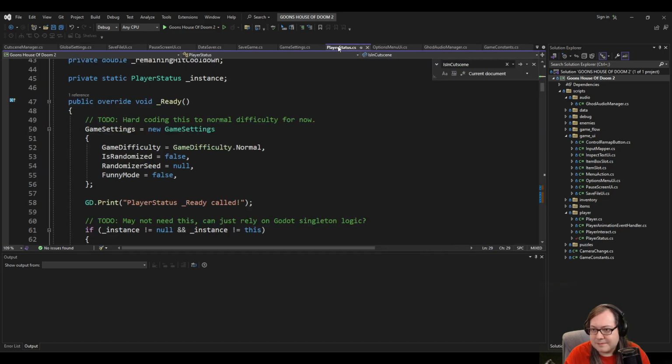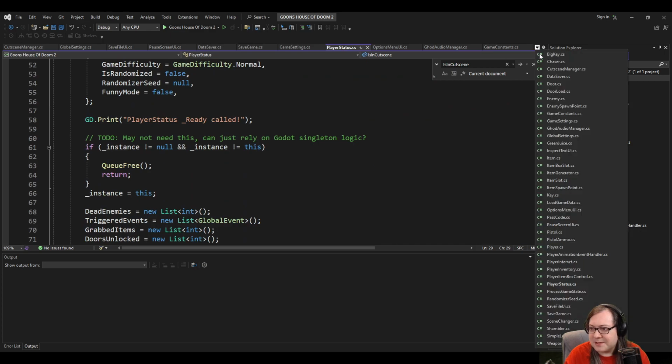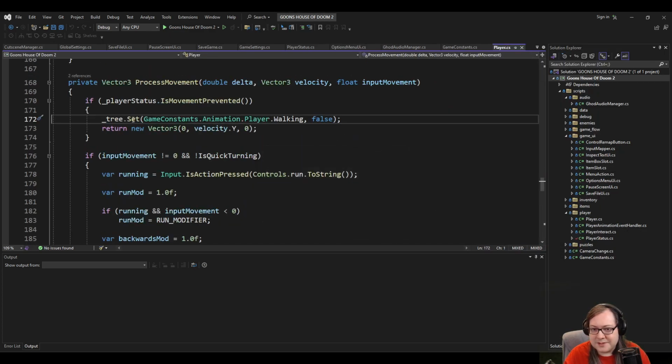Oh god, what thing? It might be in the player script, I'm not even sure. I'm sure there's some animation stuff. Oh, there you go, yeah, we have the animation tree here. And then that'll set stuff like walking to false or true. So, likewise, I think the...